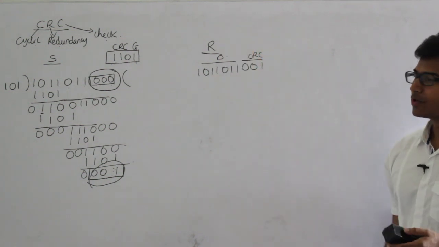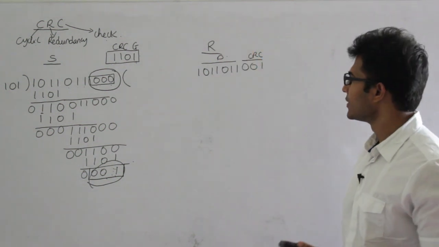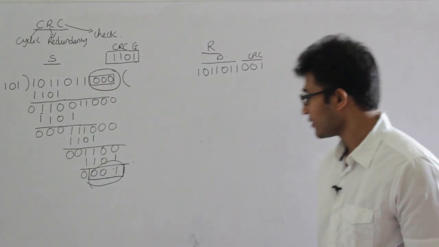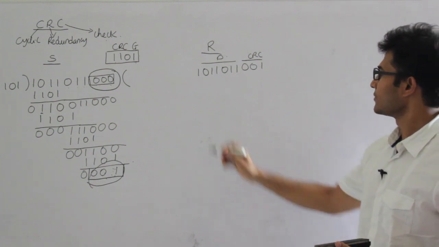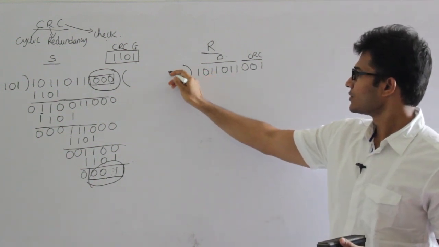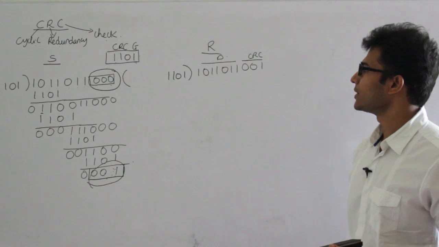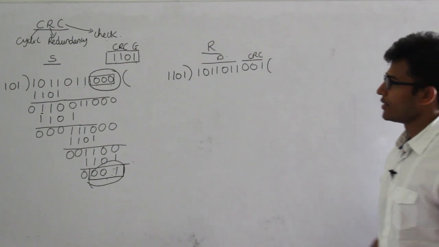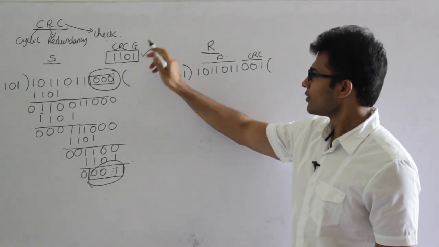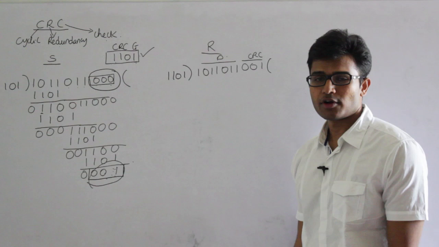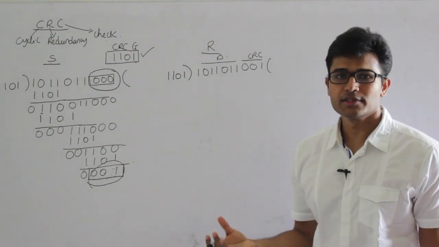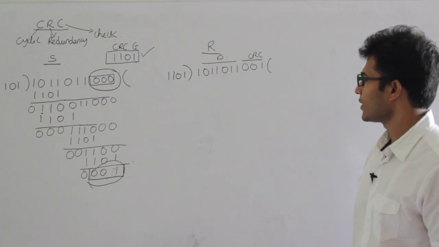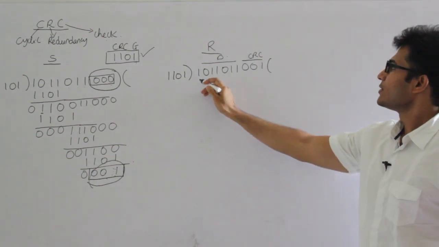Now what the receiver will do is check if the data that is transmitted is right or wrong, which means whether there are any errors or it is fine. For that it is going to use the same method. 1011 is the CRC generator. Remember, the CRC generator is well known to both sender and receiver. It is not used for cryptography, therefore you need not keep it secret. It is known to both parties, and both parties will apply it to find the CRC. Now again it is going to be applied